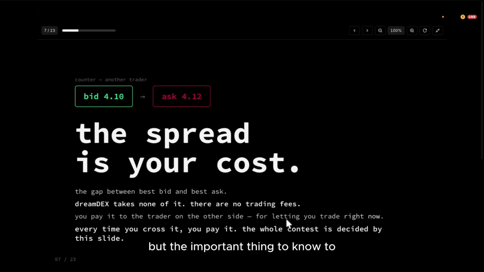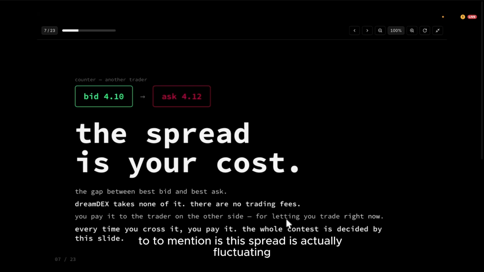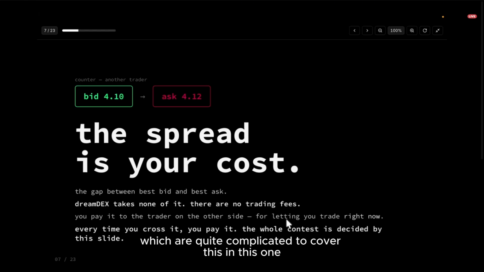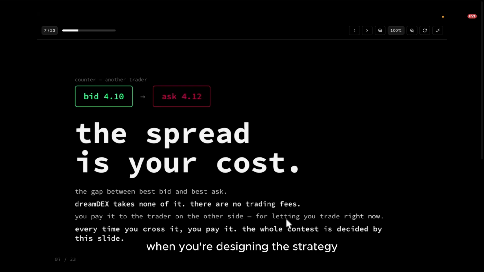And the important thing to mention is that the spread is actually fluctuating. It's not a fixed amount or fixed range of prices. It's always different depending on many factors, which are quite complicated to cover in this session. And I absolutely agree with you that the spread is super important to consider when you're designing the strategy, the whole strategy behind your bot.